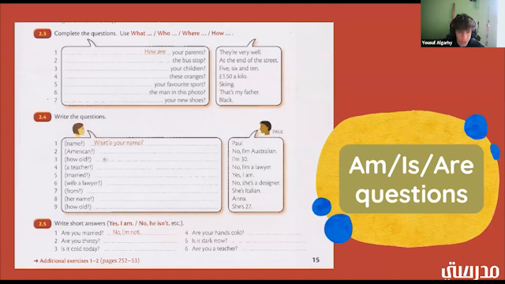Are you American? Good. Now about his age, how old? What would we do for that? How old are you? Good. Now we want to ask him if he's a teacher. How do we ask him that? Are you a teacher? Good. Now we want to ask him if he's married. How do we ask him that?